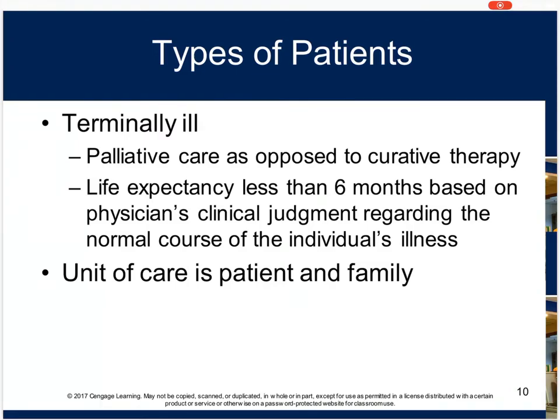All right, so let's get into the unit of care here. Traditional hospital-based acute care focuses on providing curative treatment that allows the patient to be discharged as soon as feasible. So if you go in with pneumonia, their goal is to cure you and get you better fast so that you can go home. Well, hospice focuses on palliative care with the understanding that the patient will receive care through the end of life. Hospice philosophy recognizes that the dying process is difficult not only for the patient, but also for the patient's family and significant others. Thus, the needs of the patient, as well as the physical, spiritual, emotional, and mental states of those around the patient, are incorporated into hospice care.